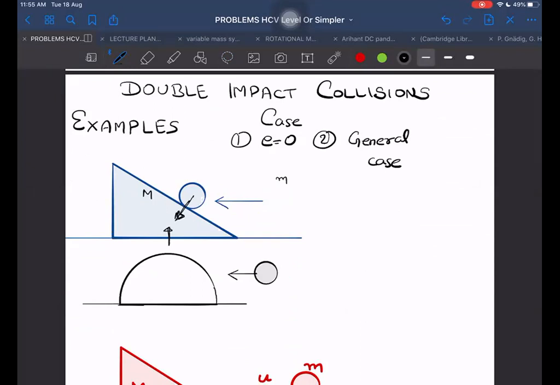Similarly, if I bring this thing here and it collides here, again, how many impulses will be acting? Yes, sir, two impulses. Two impulses will be acting, from the ground and from the normal on the surface. On the ball of mass m, there is one impulse only, but on the wedge or on this hemisphere there are two impulses.